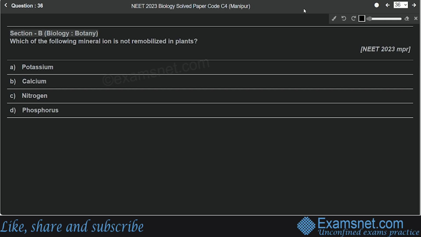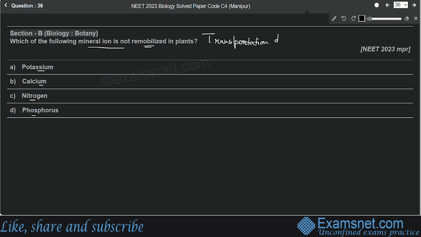Question number 36 is from the chapter Mineral Nutrition, and the question is, which of the following mineral ion is not remobilized in plants? Options are potassium, calcium, nitrogen and phosphorus. Okay. So what is mineral remobilization? It is the process of transportation of nutrients from older tissues to the newer tissues. Okay. So let's write it down here. It is the process of transportation